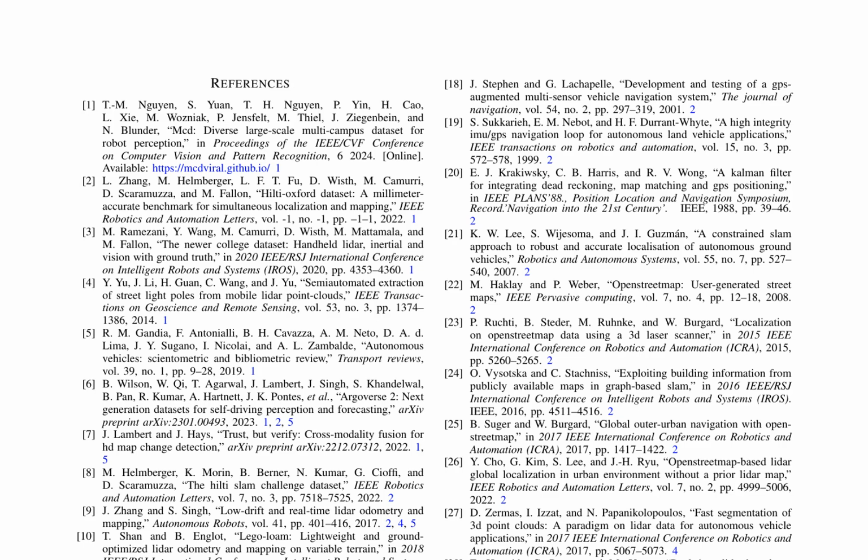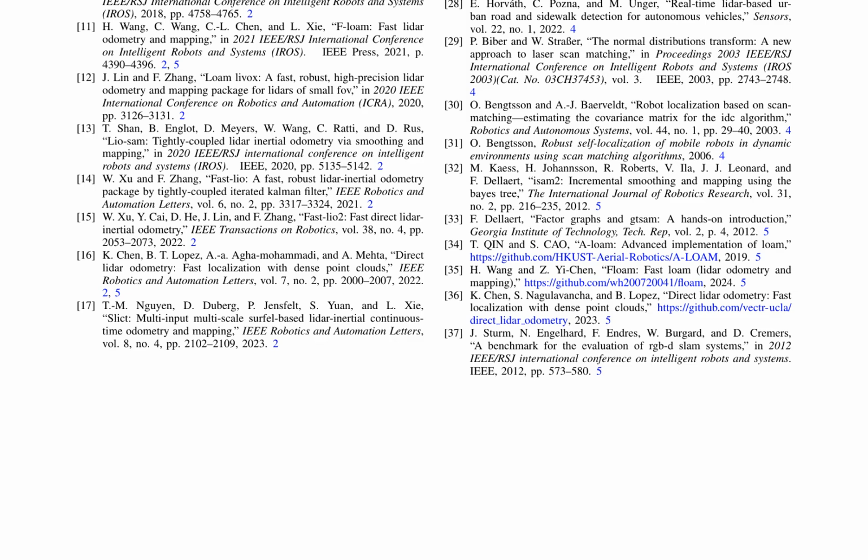The authors then discuss various SLAM techniques, including LOAM, LeGO-LOAM, and Fast LOAM, which are designed for real-time lidar odometry and mapping. These methods utilize iterative closest point (ICP) and Kalman filter-based approaches to achieve accurate and efficient mapping. Lidar odometry techniques, such as LIO-SAM, Fast-LIO, and direct lidar odometry, are also reviewed. These methods focus on tightly coupled lidar-inertial odometry, ensuring robust and accurate localization.